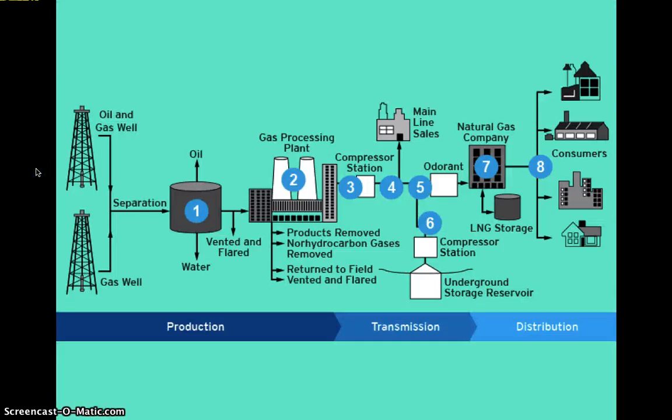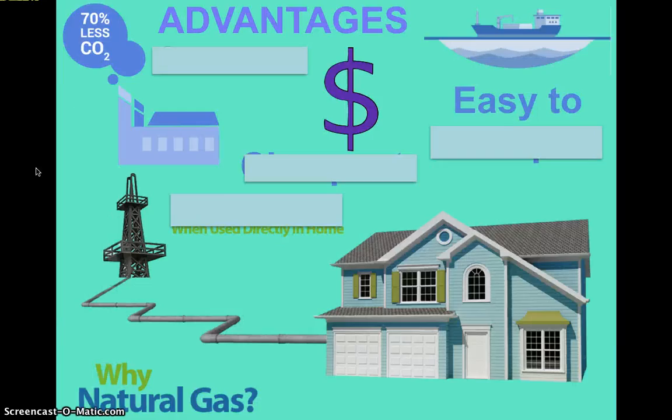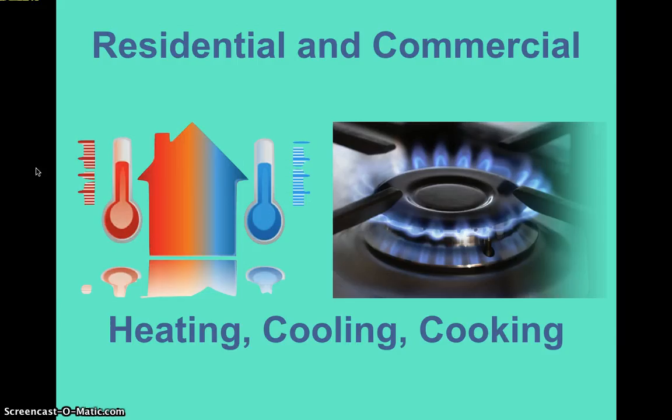This is an example of the process involved from extraction all the way to the use in your home. And you have production, which is basically mining and refining. And then you have transmission, which is the transportation from the plant to your home, or from the refining to your home in a tank storage, and then the distribution. And I'll go back to this in a minute and show you how much energy is gained. Sorry, I went to the wrong slide.